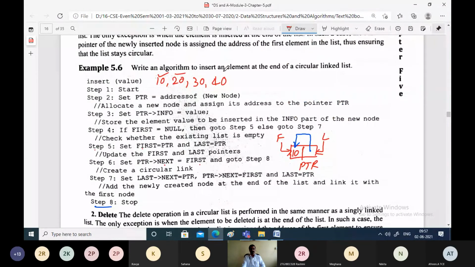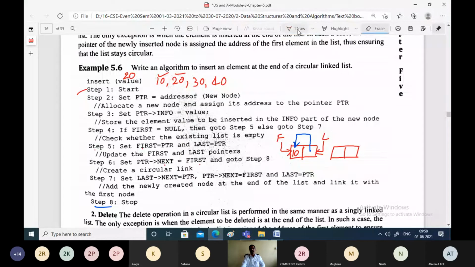I think this much space is sufficient for expansion. Let us insert 20 now. How does 20 get inserted? We know that 20 should be inserted here. So start by allocating memory for it. Take a new node and allocate memory for that.